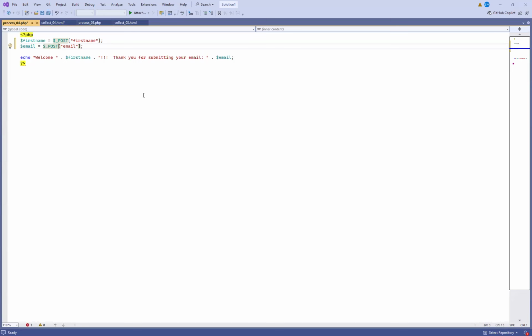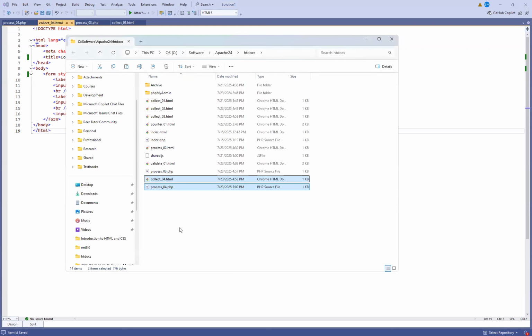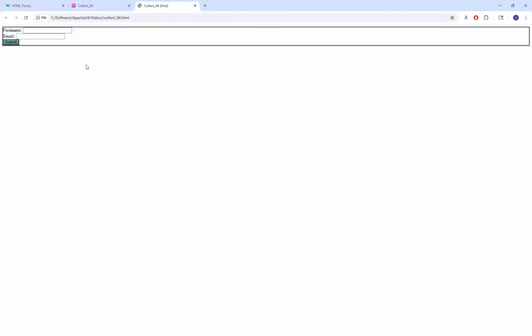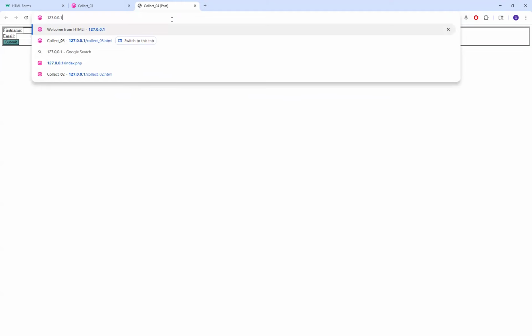At this point, we should be set to go ahead and save the PHP and the HTML. This assumes that you've already got your Apache web server up and running. If you recall from the earlier video, clicking on collect_04.html won't do what we need it to do. Just double clicking on the file pulls it up from the file system. Instead, we want to access it from the web server. So in this case,